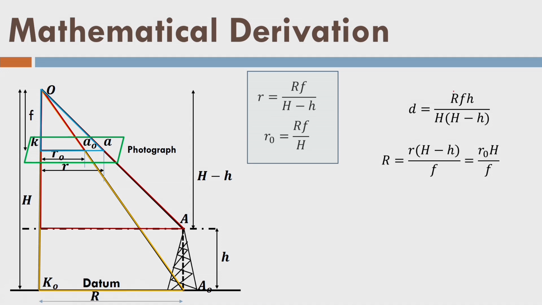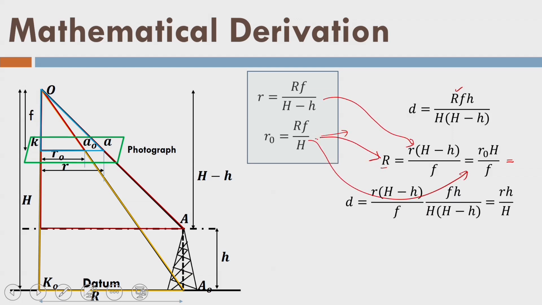Further, I can say what's the value of R here. So, R is nothing but I can write like this, and then I can also write equal to this one, because from this term I am writing this term, and from here I am writing this term. As a result, if I replace here in the R, d is given by R into H minus h by H, finally this expression.